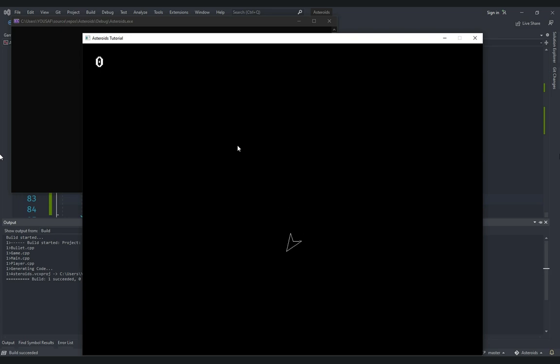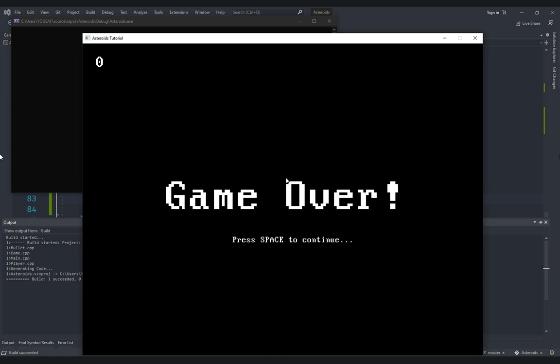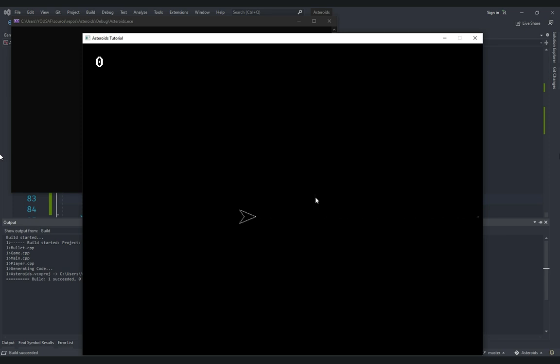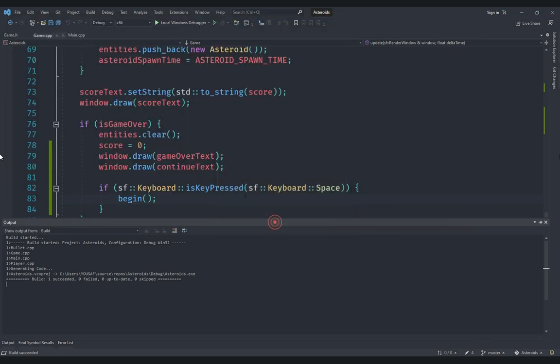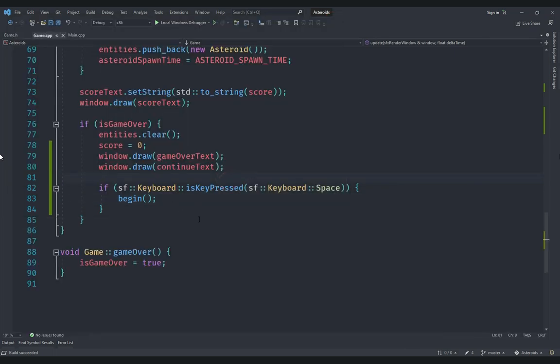So you can see I can move around, and that works. And if I collide with this asteroid here, you can see that it says game over, and below it a small text saying press space to continue. As soon as I press space, now it works. However, space is the same key... Actually it again gave an error. Well, we'll fix that in a second, but the problem is that space is the same key